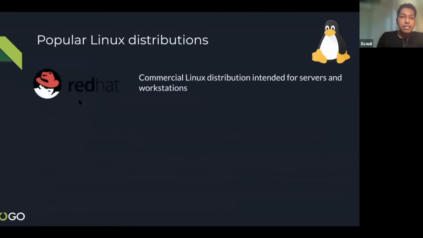Then these are the popular Linux distributions. The first one is Red Hat. Have you seen anything else apart from Red Hat? This is a commercial Linux distribution intended for servers and workstations. Ubuntu. Okay,